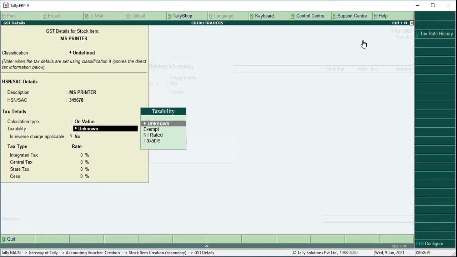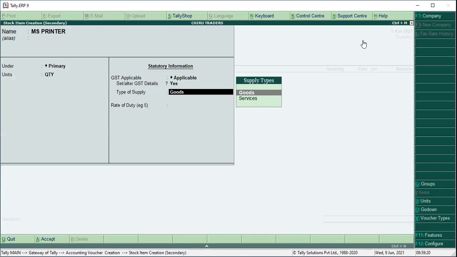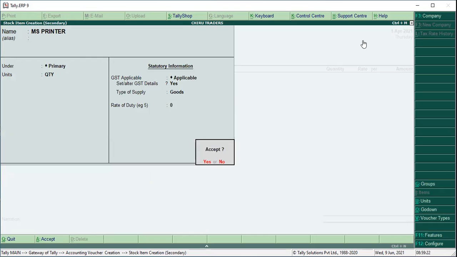It is taxable, not exempt and not nil rated. There is no reverse charge because we are buying from a registered dealer. Type the GST rate, 18%, distributed equally between central tax and state tax. Type of supply: goods.